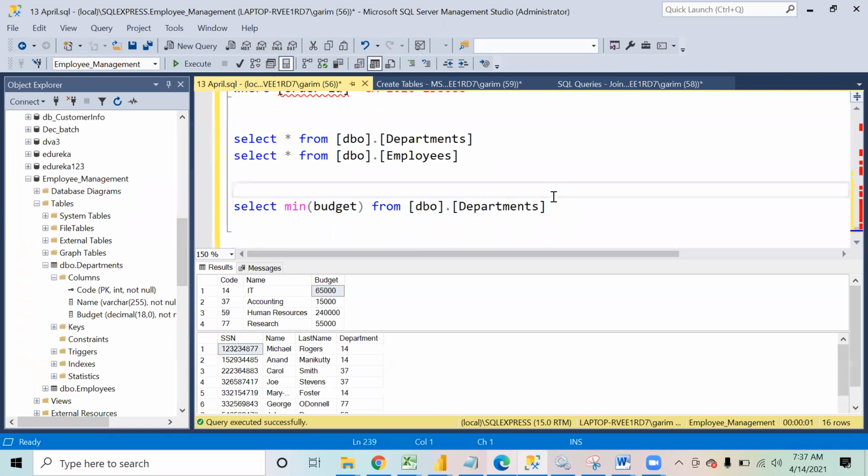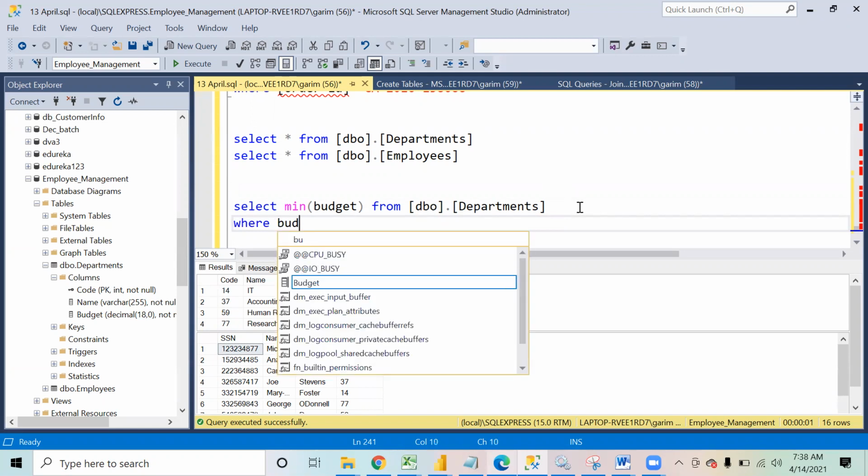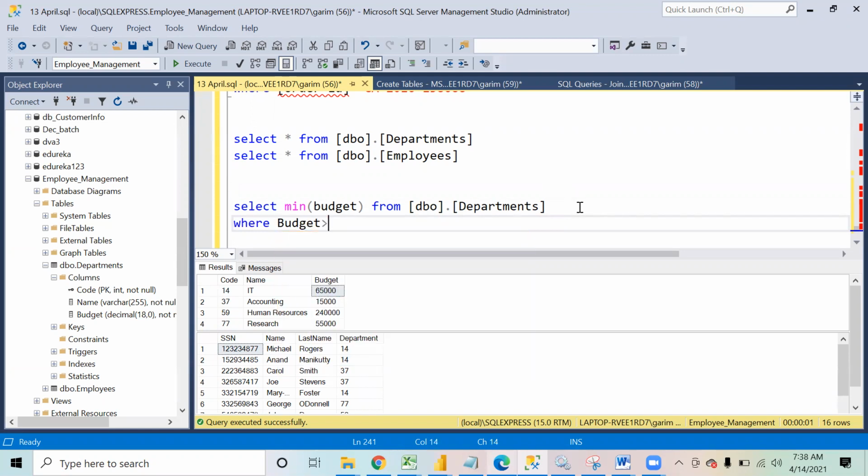Yeah. So we were discussing this question: select minimum budget. What I do over here is I simply say where the budget is more than, and maybe I'll pick this up.